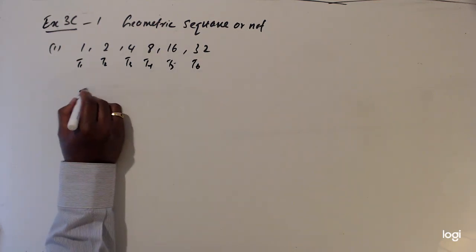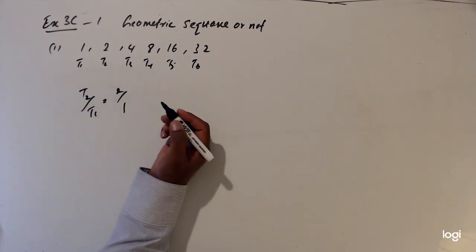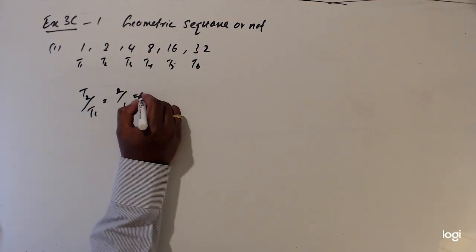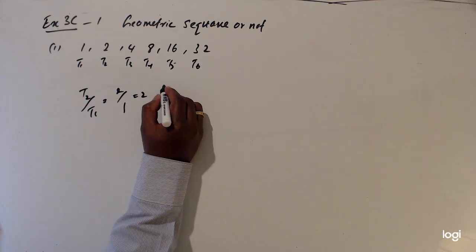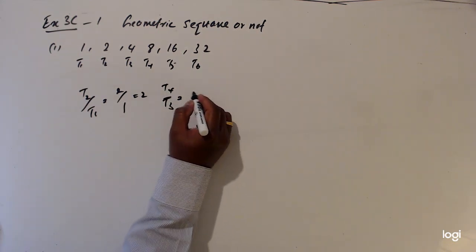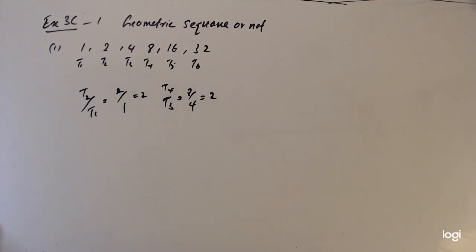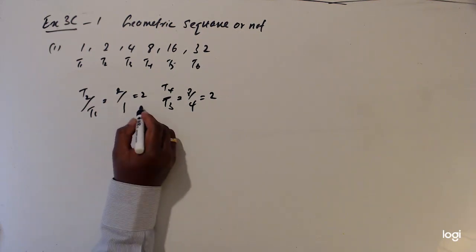We can write T2 divided by T1 equals 2 divided by 1, and T4 divided by T3 equals 8 divided by 4, which equals 2. Hence the ratio is same,